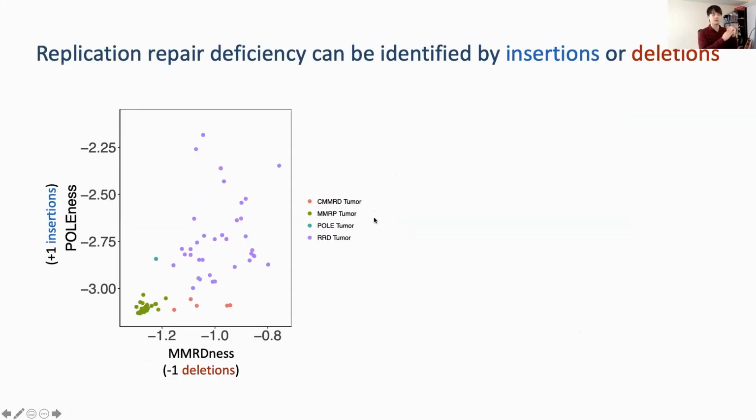Here on the left, I'm showing the summary data for all the cancers that we tested initially using this tool. In green, we have the mismatch repair wild type. They have replication repair to fix the indels, and they have low scores of both. In CMMRD cancers, which have mismatch repair deficiency, they have high scores of -1 deletions. Polymerase-deficient cancers have higher scores of the insertions. And cancers that have both polymerase and mismatch repair deficiency have high scores of both, which has important therapeutic implications,